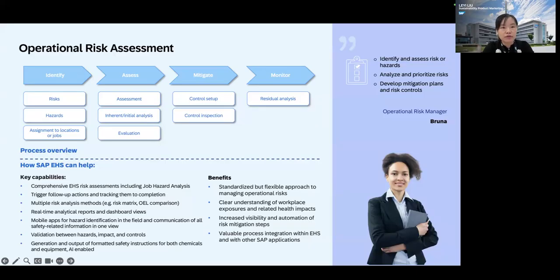And real-time dashboards, of course, help her to spot trends and prioritize urgent risks, for example. And the system ensures that hazard mitigation as well as control effectiveness are validated. It also produces formatted safety instructions for equipment and chemicals, helping everyone stay informed on the latest procedures. And here we also introduced AI capabilities for the generation of safety instructions. We will come to that in the demo to show you how exactly it